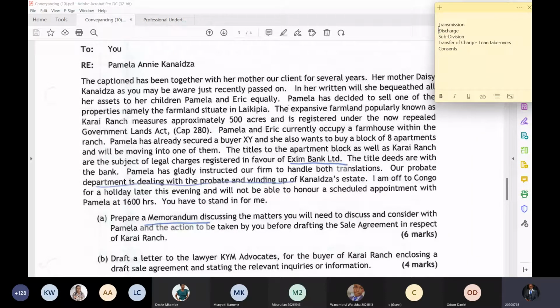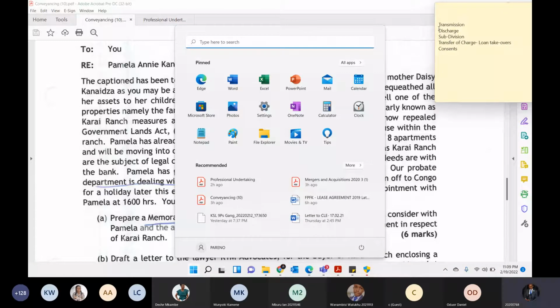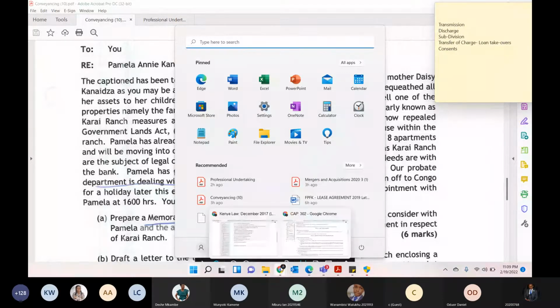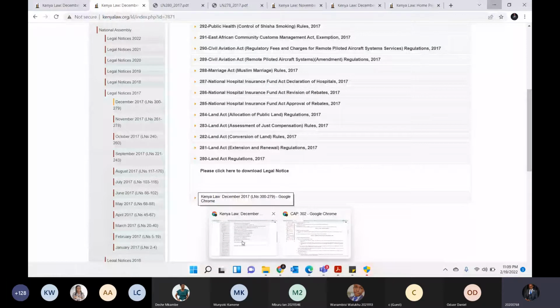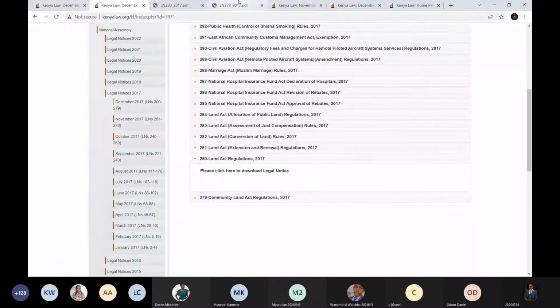Okay, now we have this thing, transfer of charge or loan takeovers. What is a loan takeover? Because it's a question that was asked in a conveyancing paper sometime back. What is a loan takeover? Guys, what do you think a loan takeover is? Oh, so